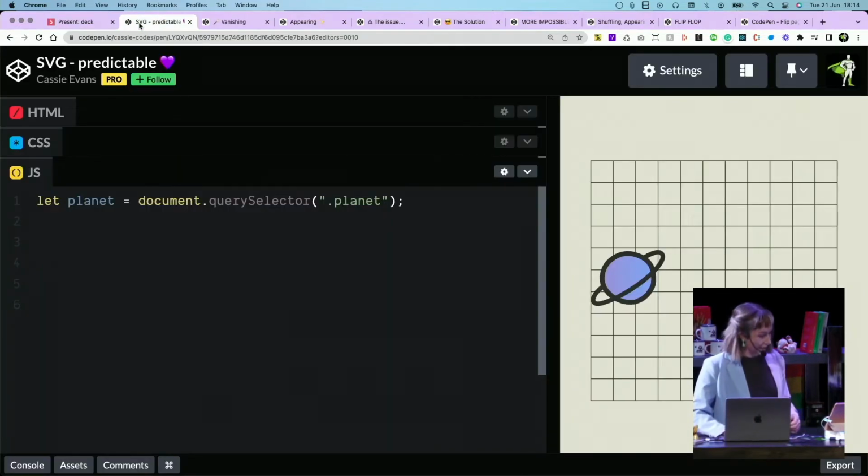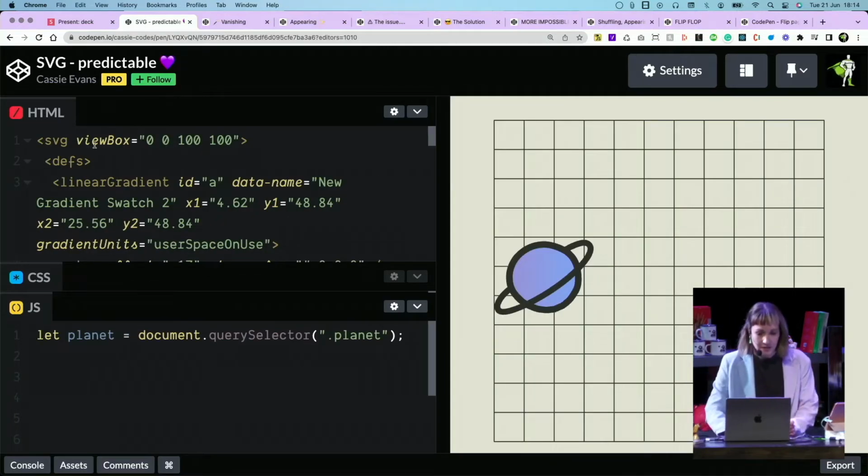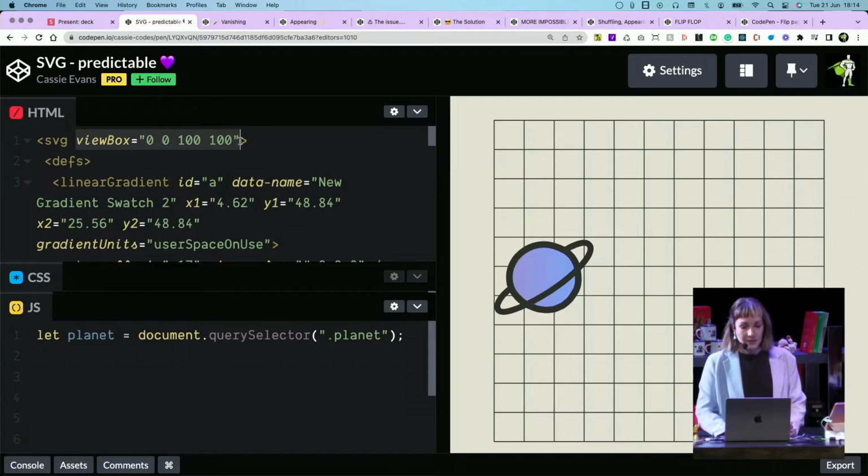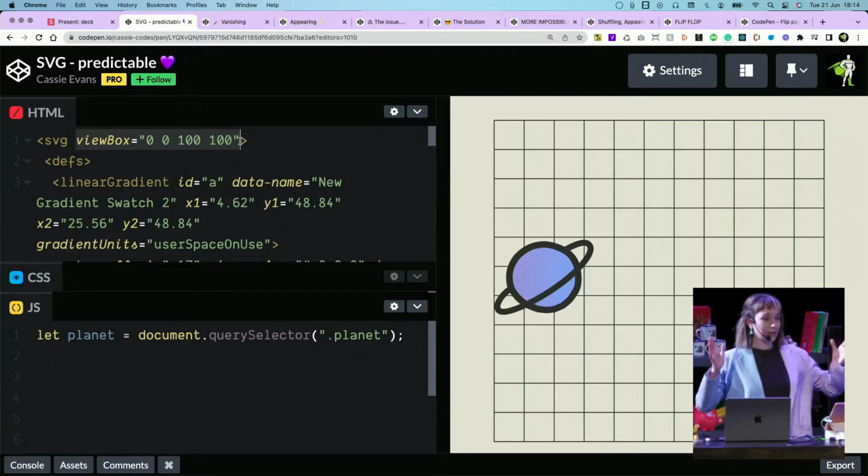OK, so yeah, SVG graphics basically exist in their own little universe. And they've got their own coordinate system. So if you pop this open, there's a view box here. And this basically says that the view box is 100 SVG units wide and 100 SVG units high.